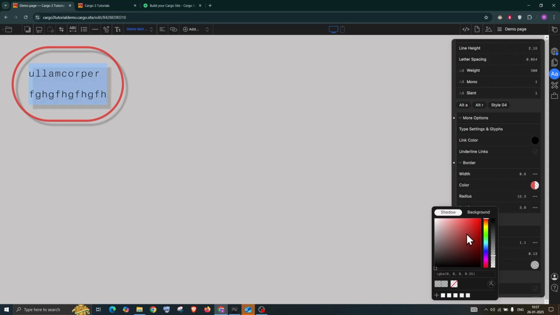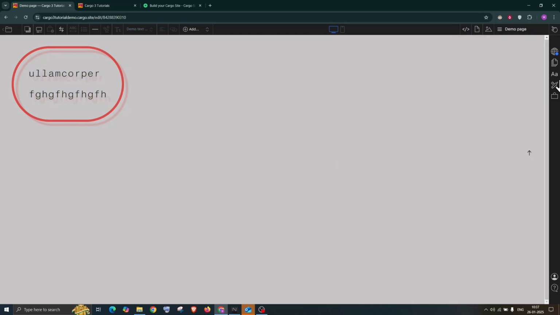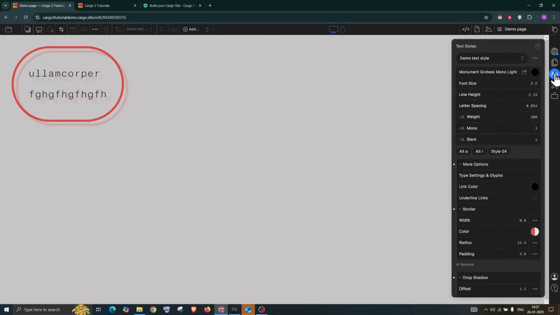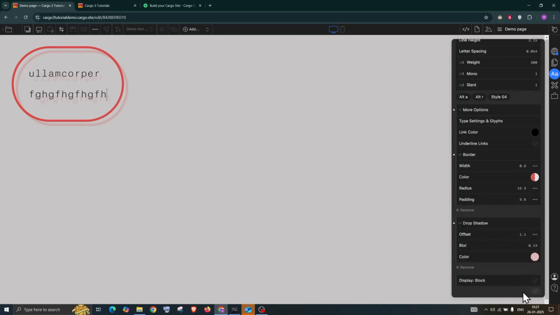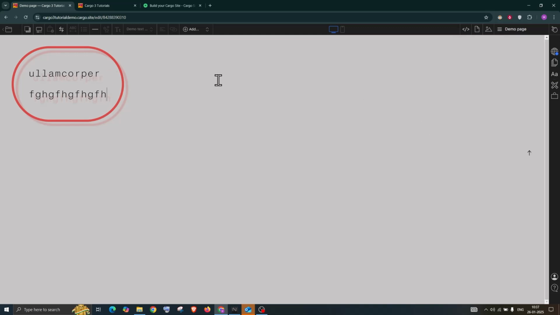So yeah, you can just play with these things and customize it as per your need. So this is pretty much for the text style. We have covered everything in the text style, I guess. After that,